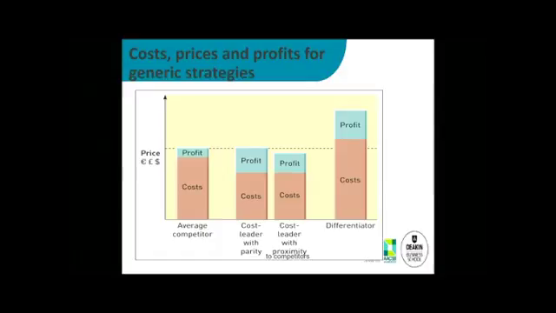Well, if you look at the bar number 3, 1, 2, 3, the third from the left, you can be cheaper and you'll get lots of sales because your air flights are cheaper than your competitors and you've got a profit margin because your costs are low. You could, however, say, well, we're going to sacrifice a few sales by still being an average price competitor. We look like everyone else, but our costs are lower, so we're actually more profitable. We're just simply taking a larger profit from our sales.